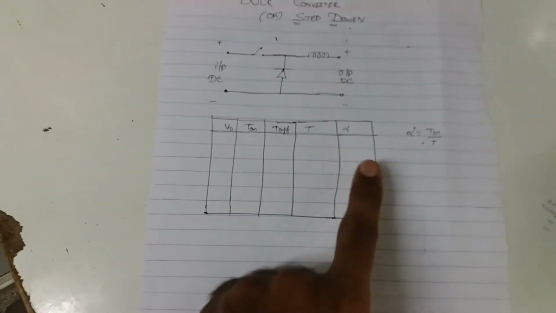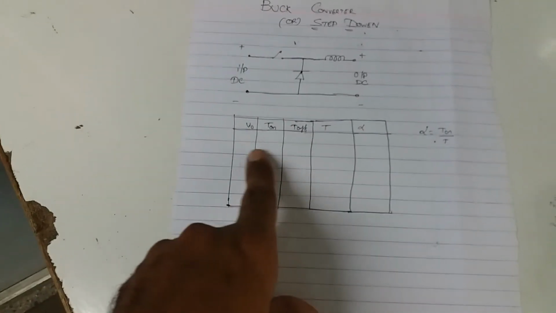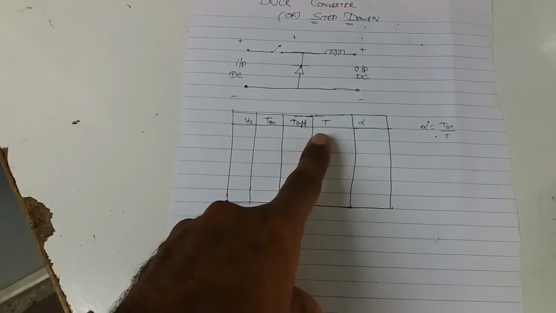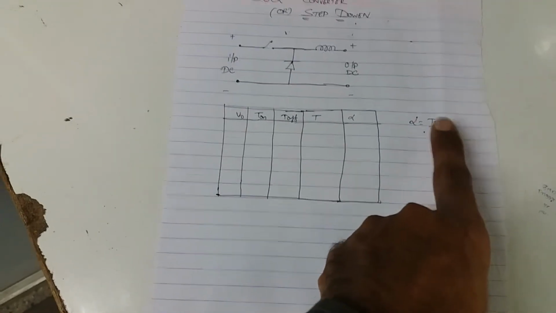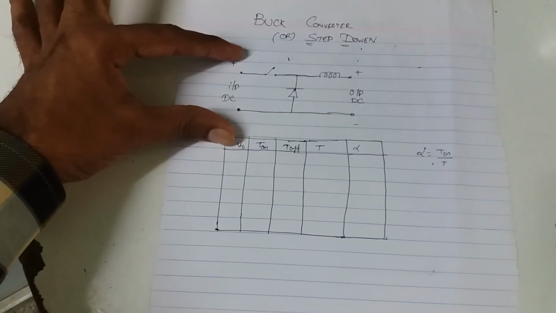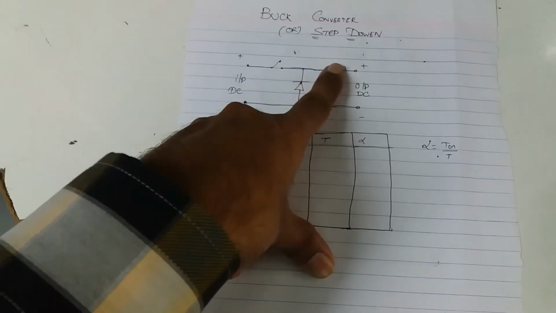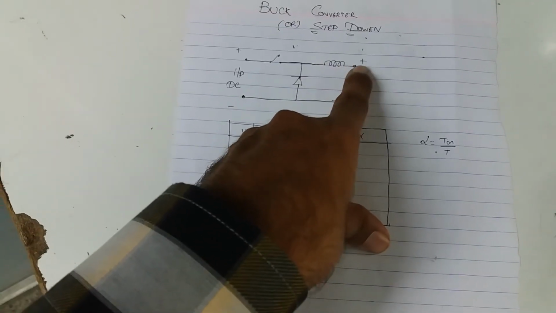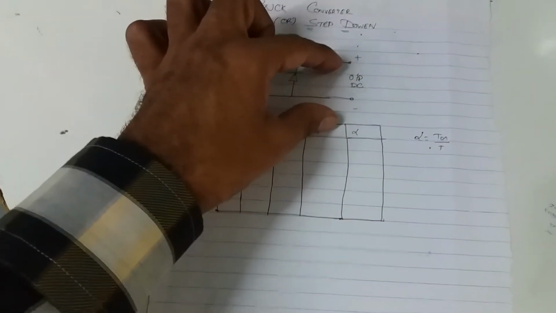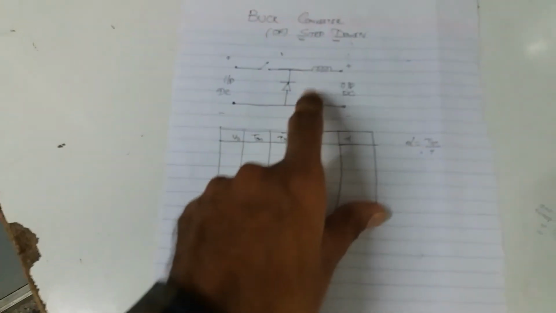But practically, finding the firing angle is not the easiest thing. So we find the on time and off time from the CRO. Then, once you have the on time and off time, substitute the on time divided by the total time to find the alpha. Okay, so this is about the buck converter. The converter consists of a switch, diode and inductance. If an inductance is there, it will consume some energy. If you do not use the inductance, you may connect directly and see it also. That is also a possibility for the converter, for example, remove the inductance and see the values.